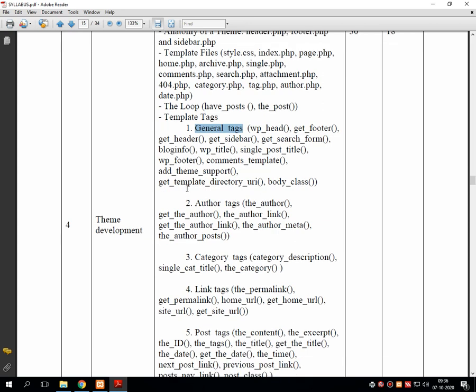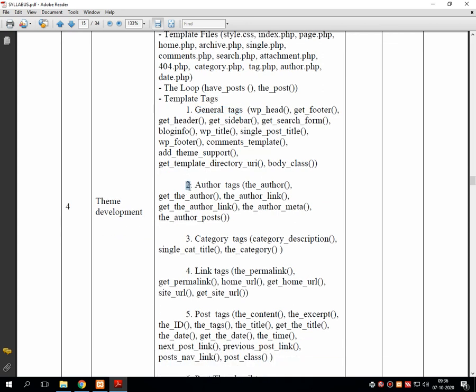Once the general tags get completed, we'll go for bunch number 2, that is author tags. All these tags are related with author. I'm just taking the names: the_author, get_the_author, the_author_link, get_the_author_link, the_author_meta, and the last one is the_author_posts.